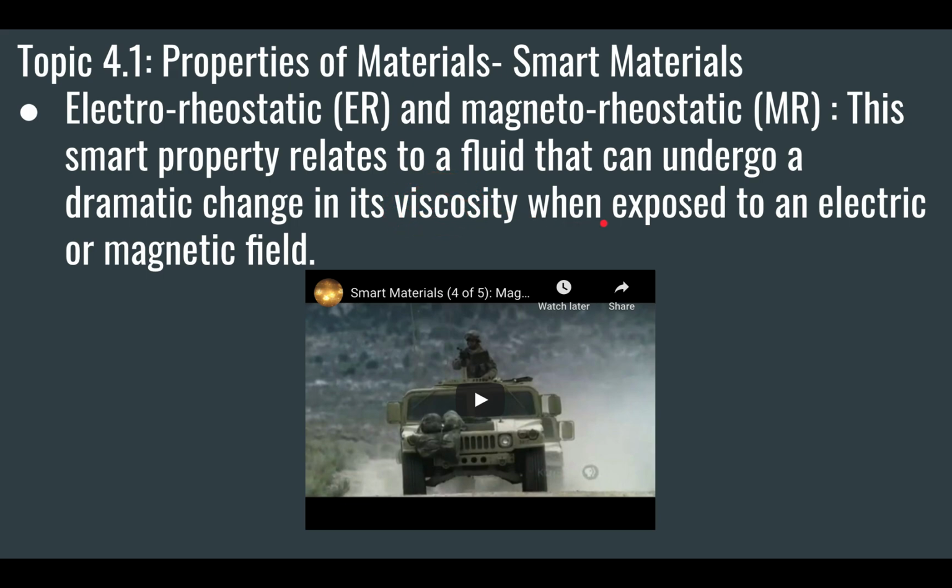When you expose these materials to electrical or magnetic fields, they become more or less viscous. That's important, and this is an example of that. So go ahead and watch this video, and it'll show you an example of electro and magneto